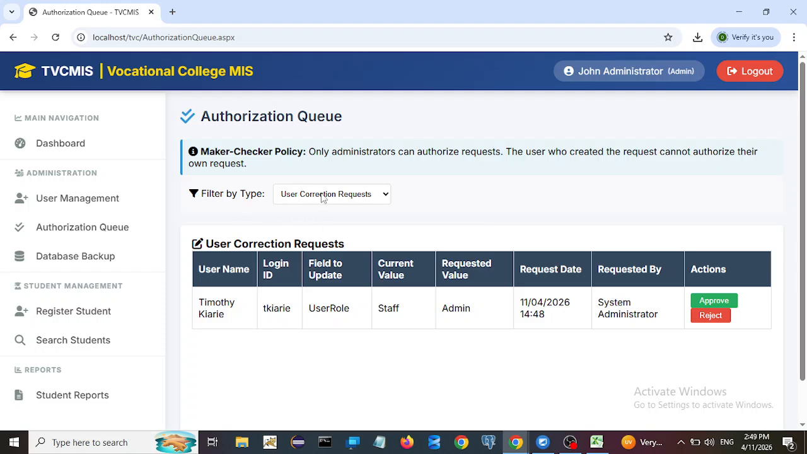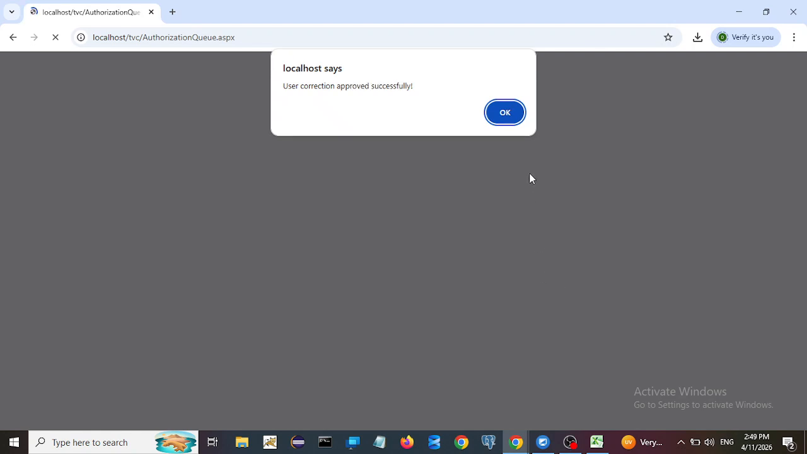You find that when you select the drop down for user correction request, the system lists for you all the pending requests which need attention of the authorizer. So in this case, you can see that the current value was staff, and the field which was changed is the user role. The new value is admin, and this is the person who requested for the change. Then if you approve that,